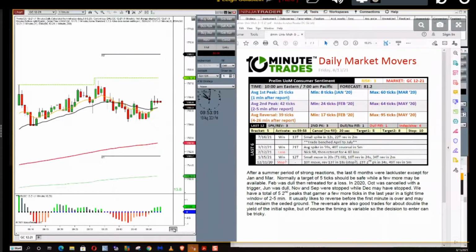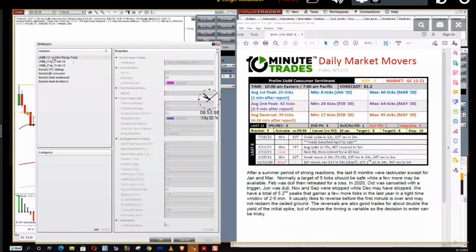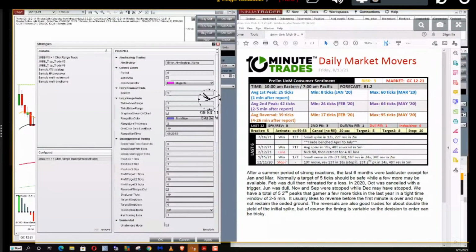So you've got to put your strategy on the chart by right-clicking the chart, clicking strategy, double click. All right. My bracket is 5. Slide down. No other time matters yet. Position size 1 is a 1. That's how many contracts for position 1. Position size 2 is 1 also because I have a target of 5 and a target of 8. So a bracket of 5. Profit target 1 is 5 ticks. Profit target 2 is 10 ticks. And my stop is 10. Stop loss ticks equals 10.